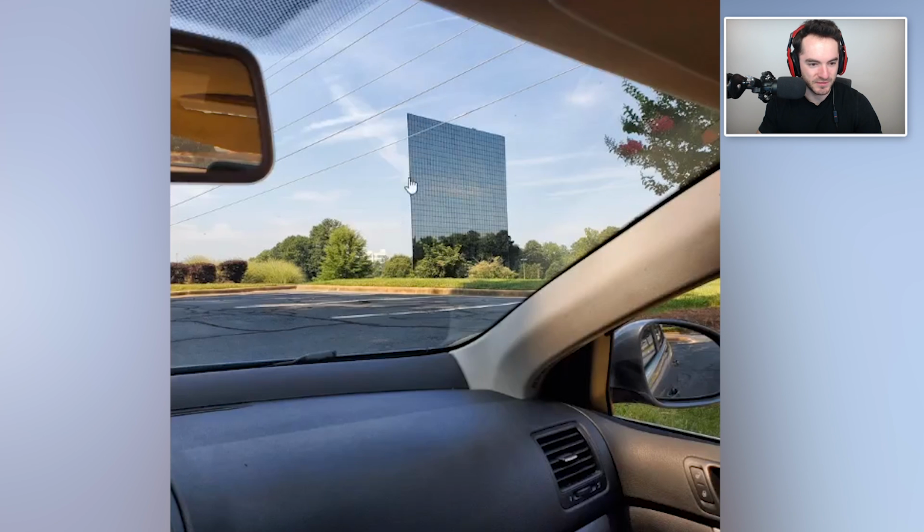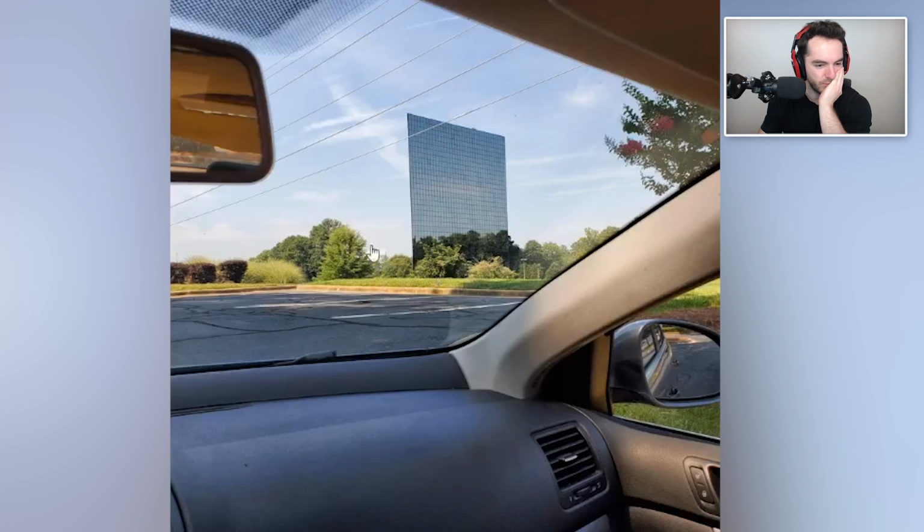This building looks like a single wall of windows. Wait, how does it blend in so perfectly? Oh my God, the reflection is lined up incredibly. What in the world? You can't even see the reflection of the trees in the building. Normally you'd expect to be able to tell, but you see a building there. Wait, there's a building where there should be a reflection. Is that a reflection of another building? Is this not Photoshop? Because the reflection doesn't make sense. Why is there a building there, but there's nothing to...